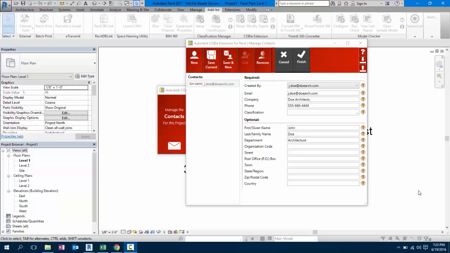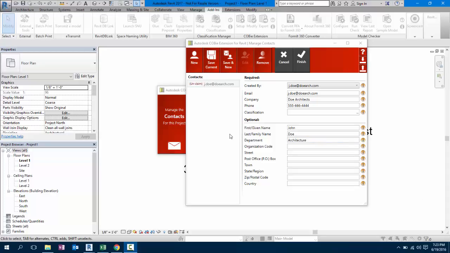Classification Manager and the COBie extension are both Autodesk add-ins for Revit that are designed to enhance and leverage the data in your Revit model to make your lives a little bit easier when you're working within a BIM workflow. Since version 2.0 of each, they have had hooks into each other, which makes sense because some of the data you need to track in COBie is typically built from a classification system. Now, one of those hooks is in the COBie contact itself.